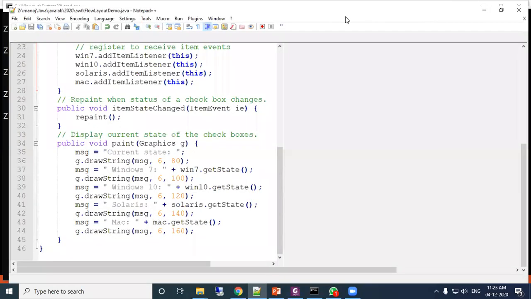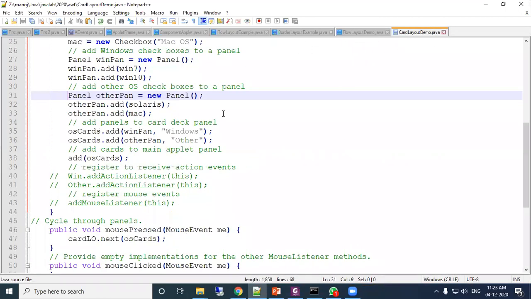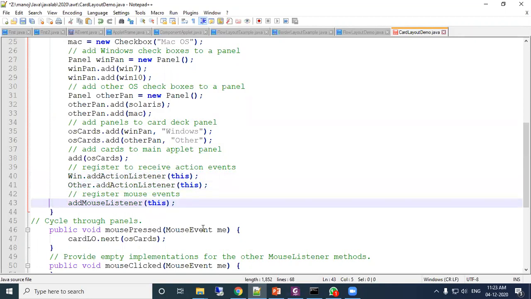Now we will see another program, that is CardLayoutDemo. In the card layout demo, again just see addActionListener. I am enabling this addActionListener for the window, another addActionListener for this, and addMouseListener for this.